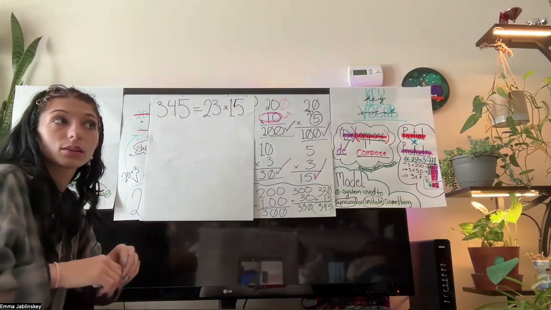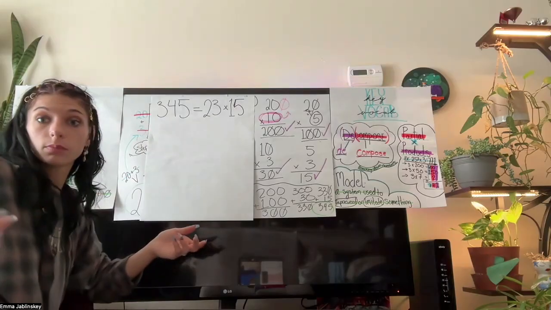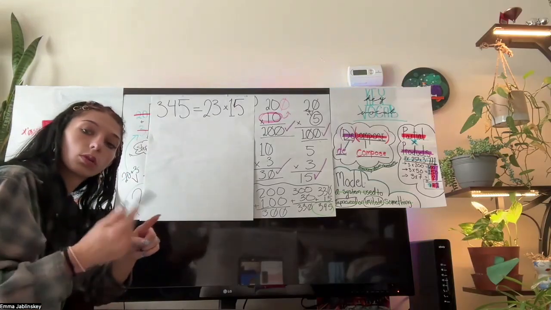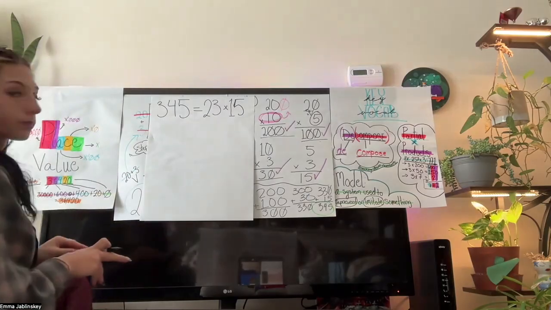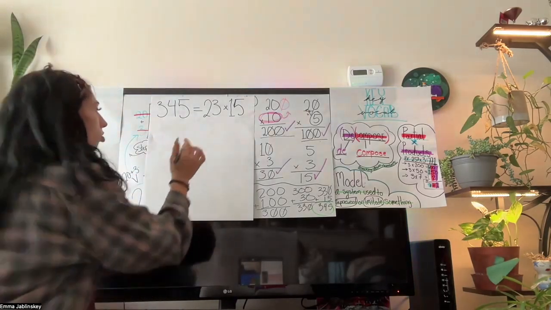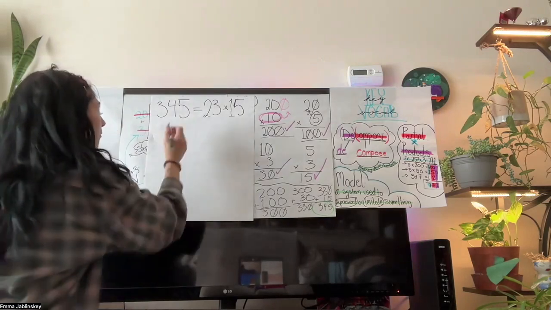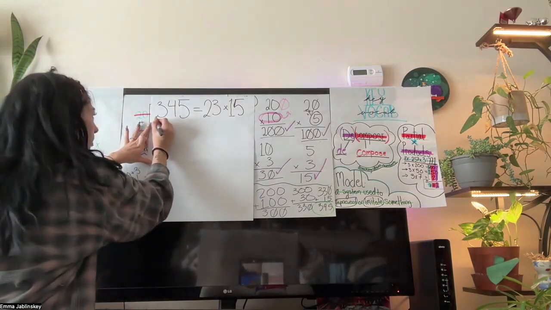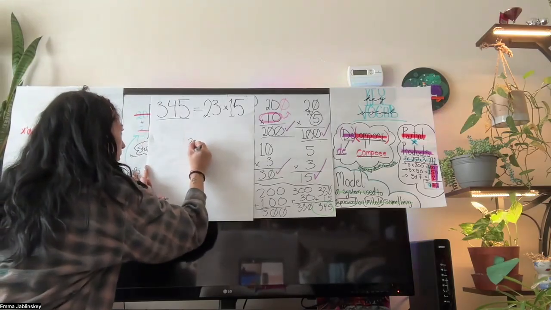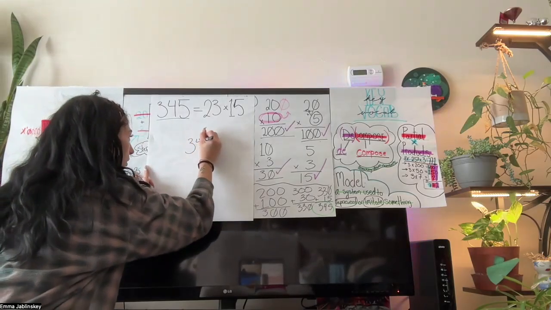So if you want to cancel out an addition problem, you subtract. If you want to cancel out a multiplication problem, you divide. And those go both ways. So we have multiplication here, so we're going to divide. This is going to be our dividend, our answer. So 3, 4, 5